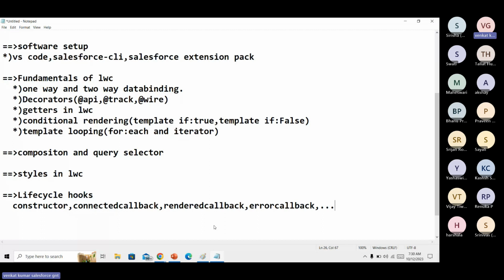And also different practical scenarios. First of all, whenever we are designing life cycle hooks, you need to understand what the functionality is, what the main agenda is, and how this will be used in our real-time projects and in our LWC component. I'll design different types of scenarios for your understanding. In interviews also, these life cycle hooks will definitely be asked. So when I'm designing life cycle hooks, I'll create